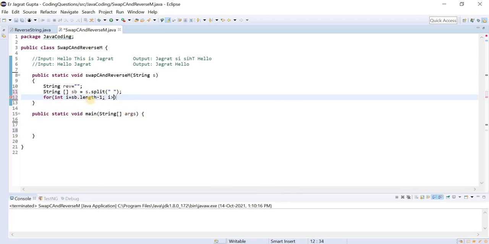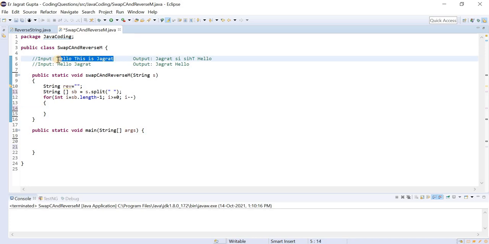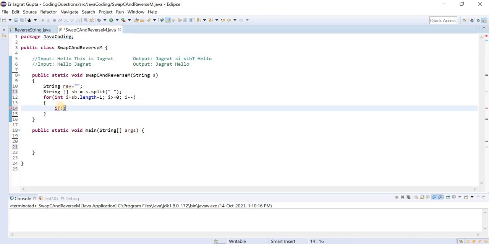Then we need to go till 0, and then we need to decrement the counter. With the help of this, we will start from here and go till the first index.